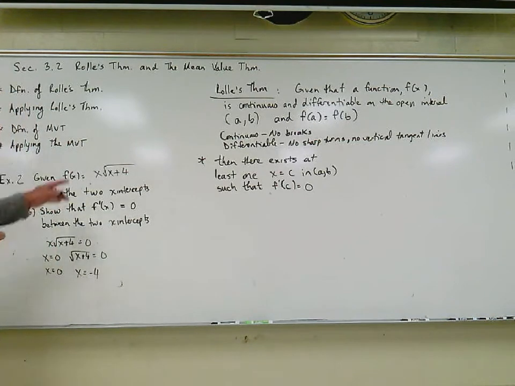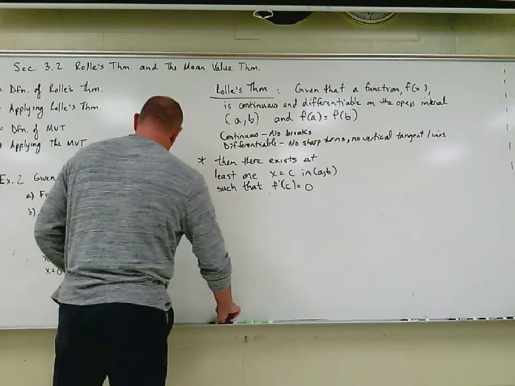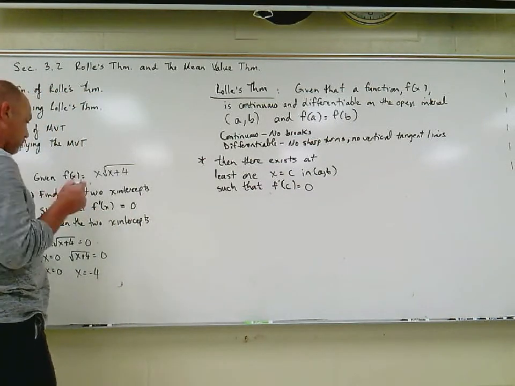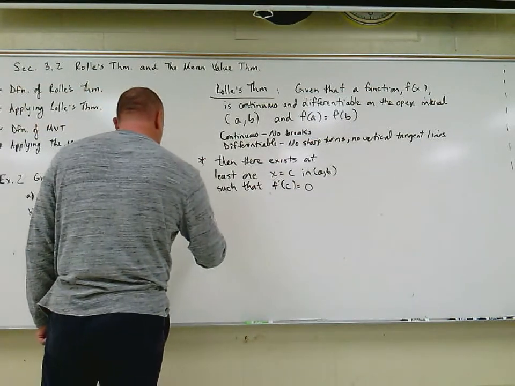So now how do you know that it's differentiable? Well, think about a square root. A square root's not going to have a sharp turn with it. This is an x times a square root. This graph is differentiable from -4 to 0. So we're looking now